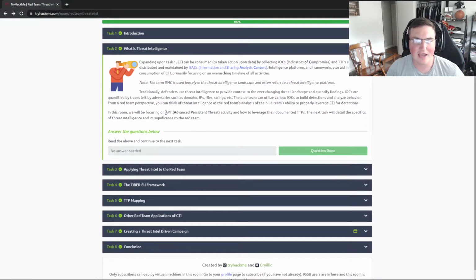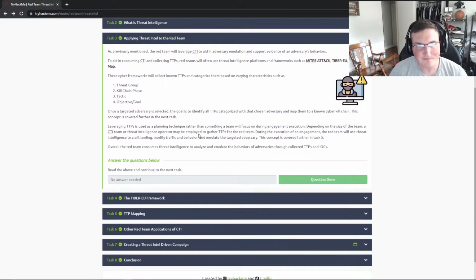And APT is advanced persistent threat. These are usually numbered or named, depending on the organization. These attackers are doing much more in-depth attacks. They are advanced, meaning they have the skill set, and they're persistent, meaning they may be in your system for a very long time, and they're obviously a threat. So let's go ahead and look at them.